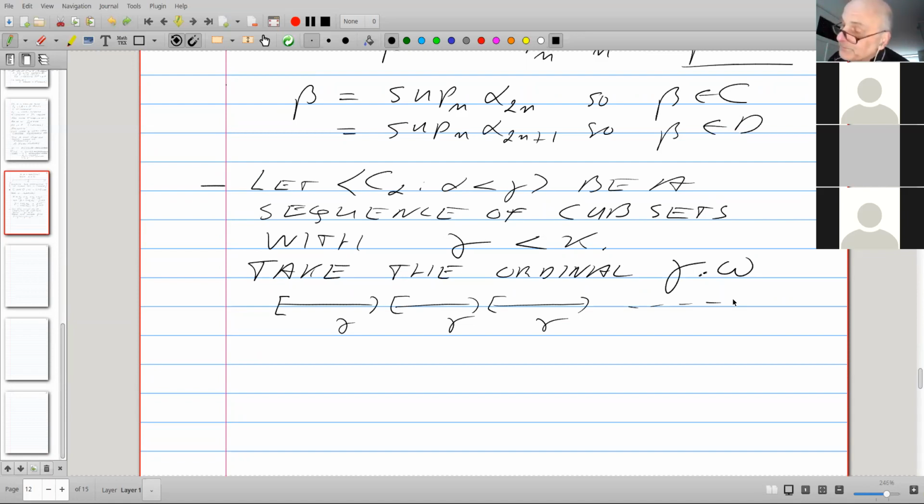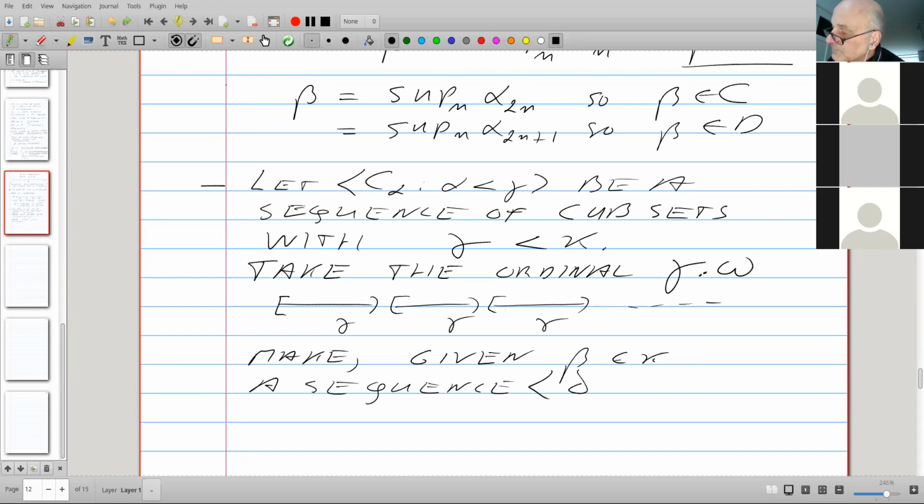Given alpha in kappa, we're going to make a sequence of points that looks like this: delta eta, where eta is less than that ordinal that we just took.